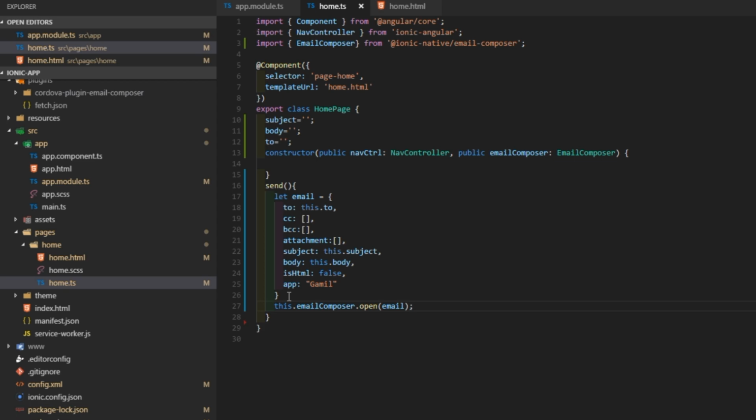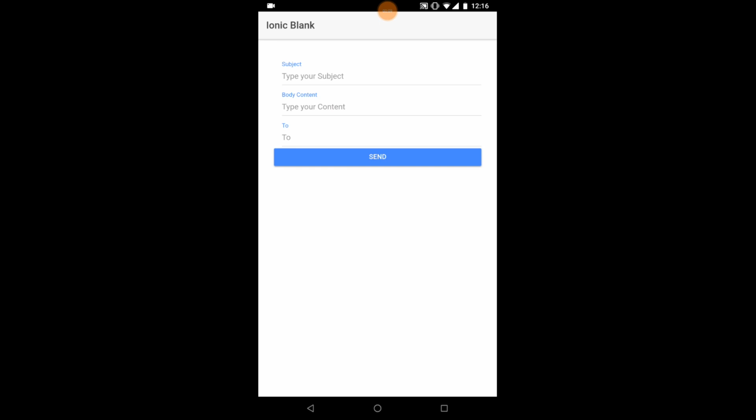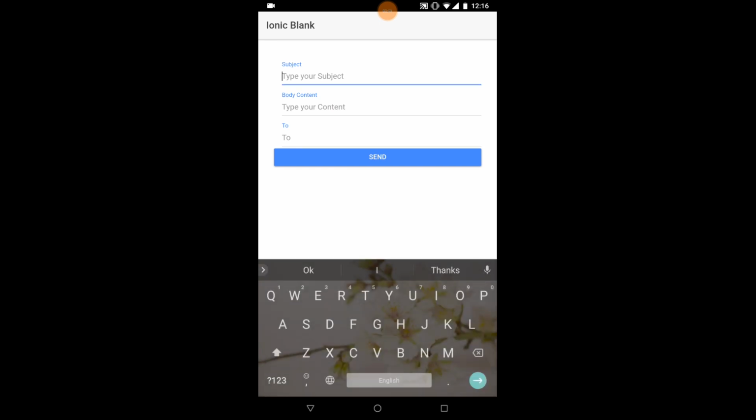So let's test this on our device. So guys, our application is running on the device. So let me simply type the subject. I'll say test subject. I have not added any validation, so I'll have to type text anyway. So for body content, I'll say test body, and then I want to send to Tech Tutorials, the email of my channel, tutorials at